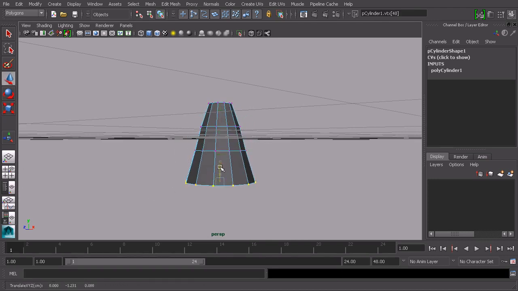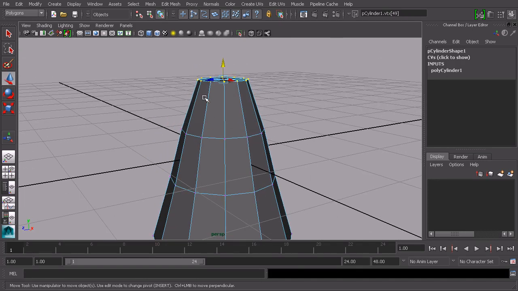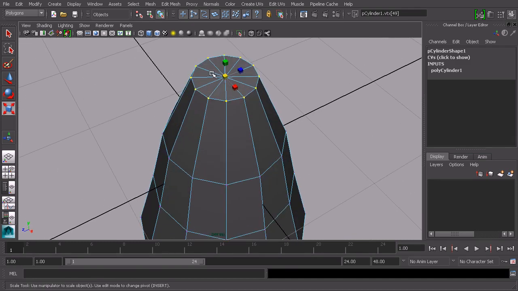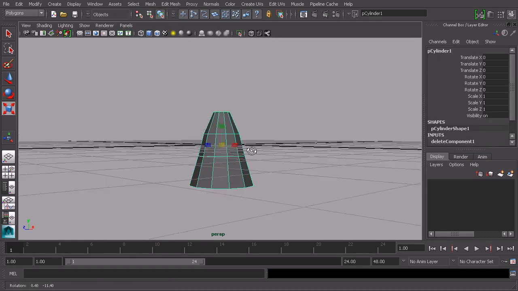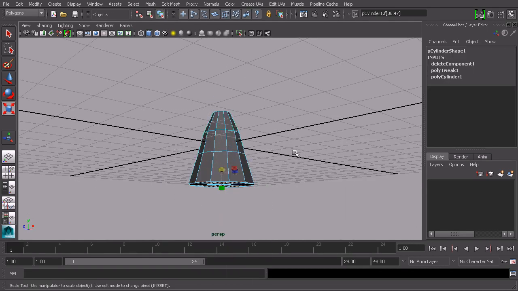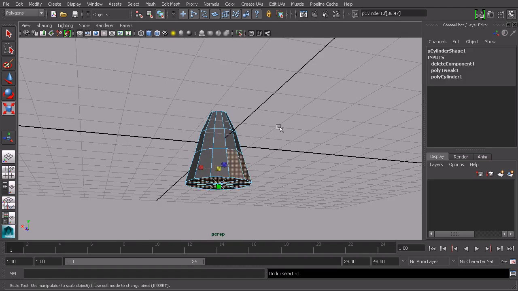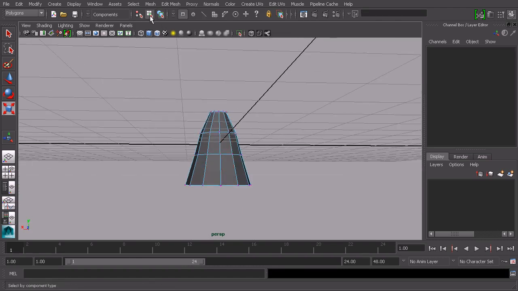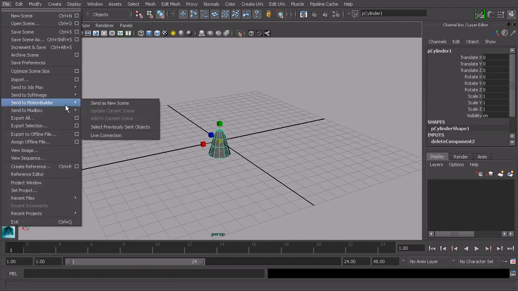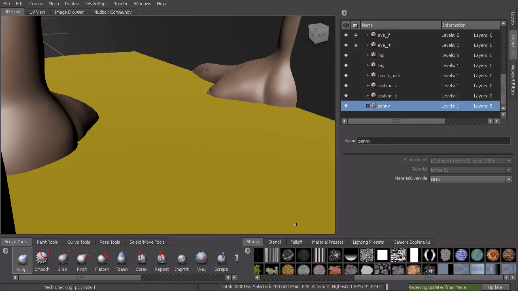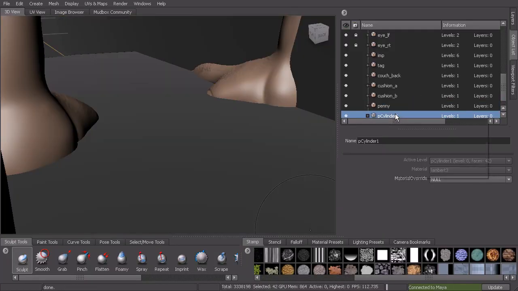The shaping I'm not going to be too concerned about. I just want to get the topology in here. I can go in here and select every other line and delete that. So there's quads on the end. Let's go ahead and get rid of the faces at the bottom. Then we'll take this piece of geometry and send that over to Mudbox as well, and we'll add to the current scene just as we did with the other pieces. So we'll call this